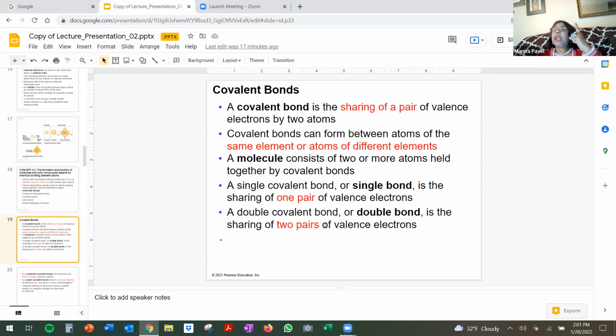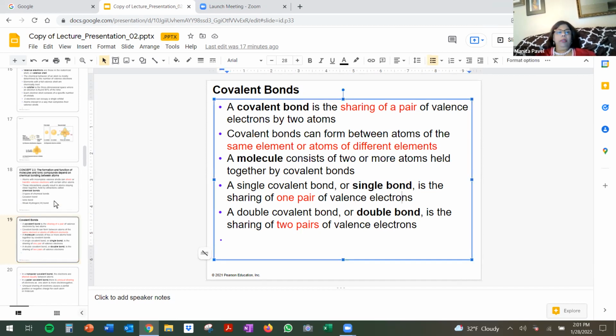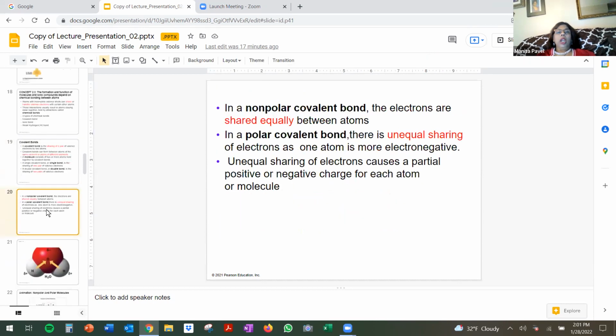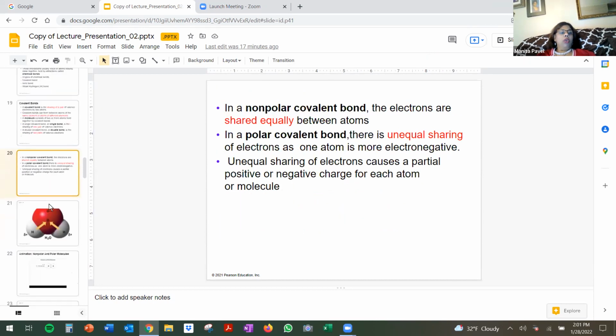Think of the word single, which means one. So a single covalent bond is a bond in which there is only sharing of one pair of valence electrons. Double means two pairs of valence electrons. So if you look at